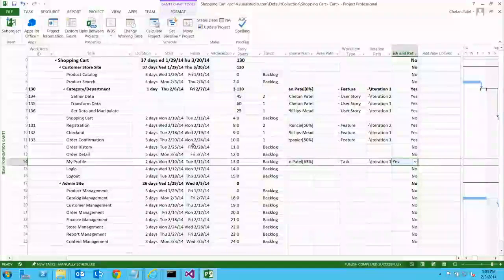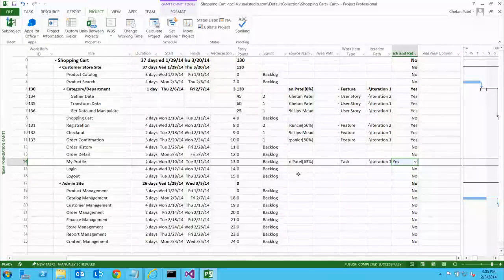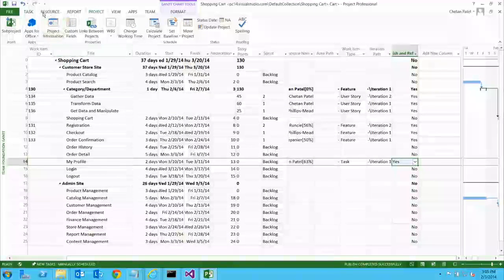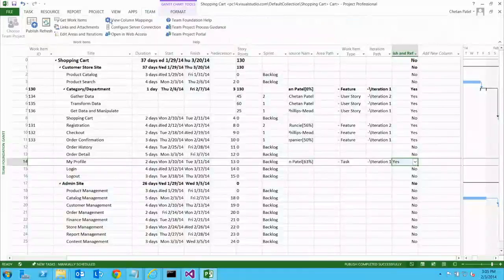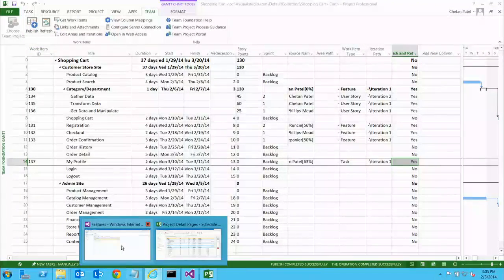Important not to forget that publish field. A lot of people do. They'll make changes and updates and forget to flag that field. Why is it not syncing? Very simple. Sometimes it's not even exposed in the table. Go ahead, Chaitan. And then I'm going to go to team and publish it again. So this task will show up on the TFS Online now. So it's completed. I'll go to TFS Online